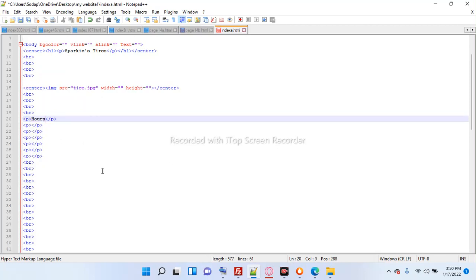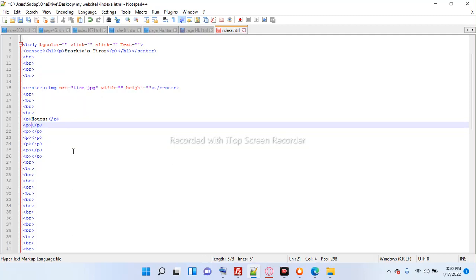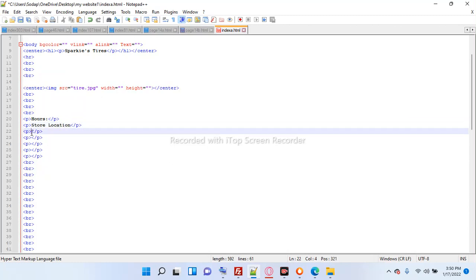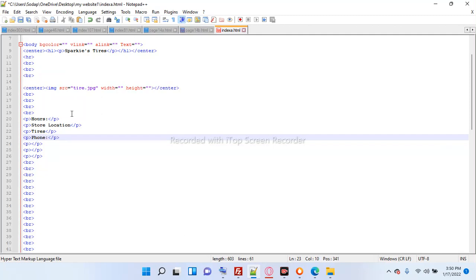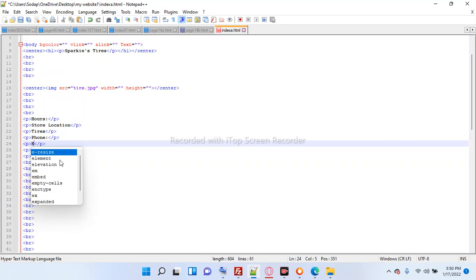and then you put your little hour hyphen there. And then you want to put in your store location. Then in the third bracket, you want to put in what types of tires you have. Now in the fourth bracket, you want to put in your phone number. The fifth bracket, you want to put in your email. Okay, now,